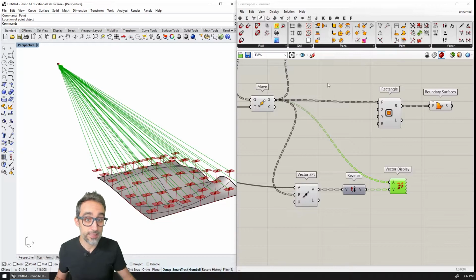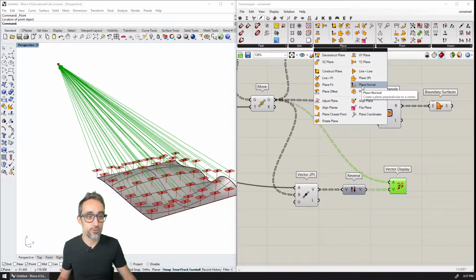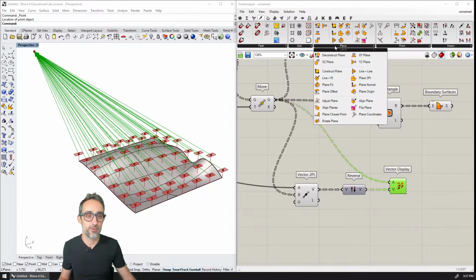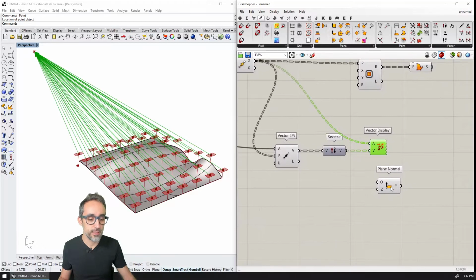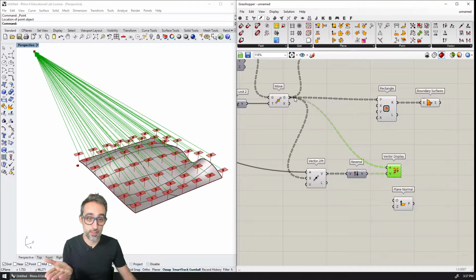Correct? And then it turns out that if I go to plane, there is a component that is able to generate a plane that is perpendicular to a vector. How convenient, right? How awesome is this? Shall we try this? Let's give this a try. So I'm going to place plane normal here. And then what it's asking me for is the origin of the plane, which are going to be these points here, all the masts.